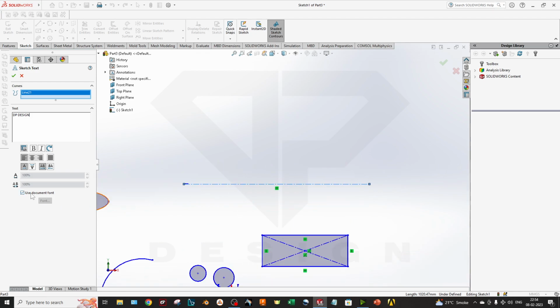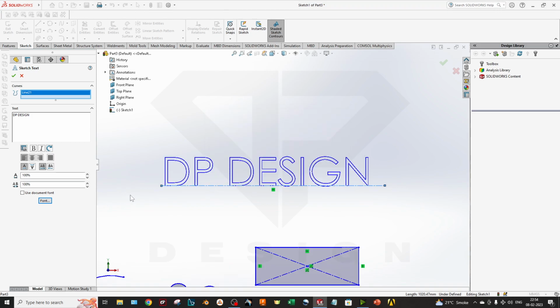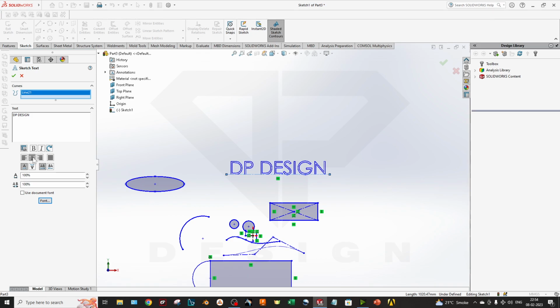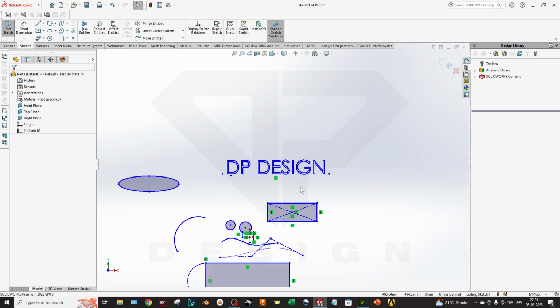So here you can see my DP design text is here. So how you can make it bigger, just untick on it and go to the font. Okay, I will select the points. You can see the text over here. I will select 500. Yeah, there you go. If I want it in the middle, if I want it in the right side, yes. So okay, here you can see this is how you can add your text, and this is a very useful